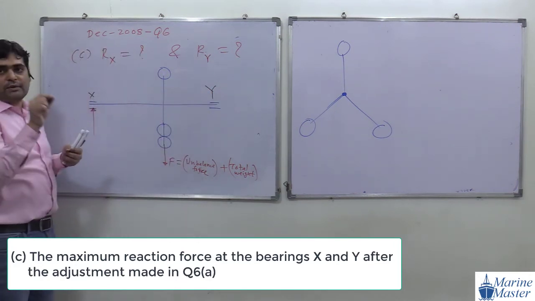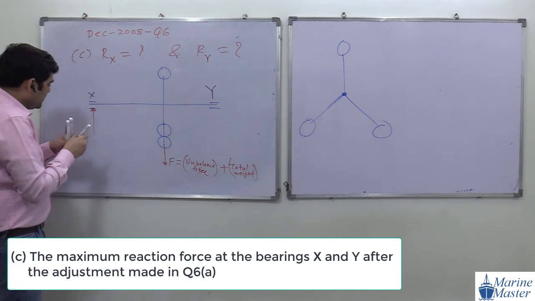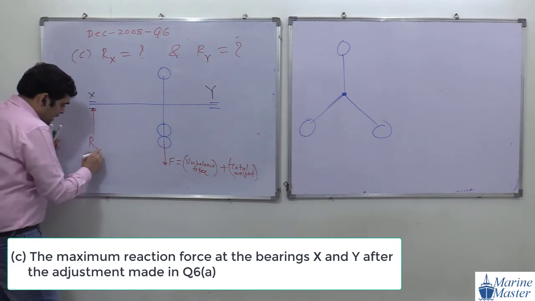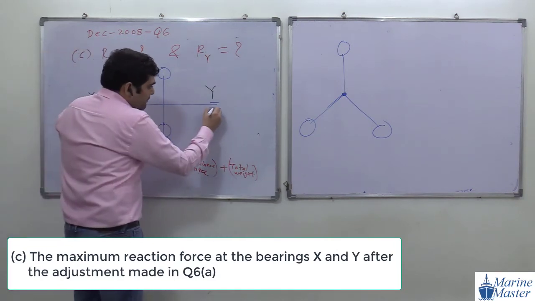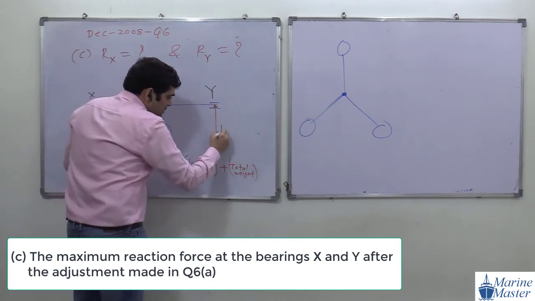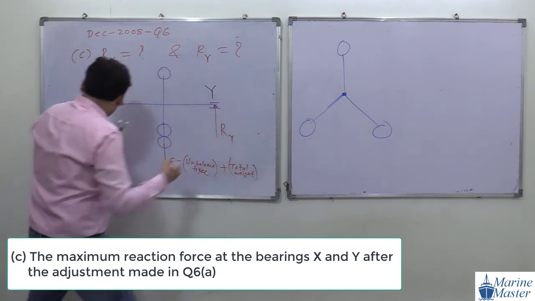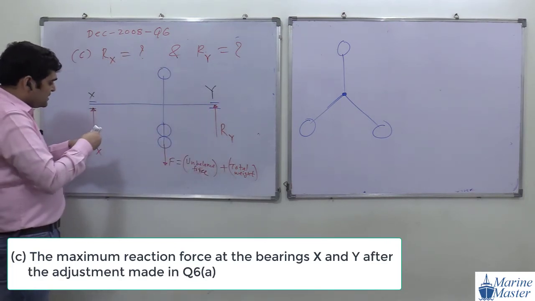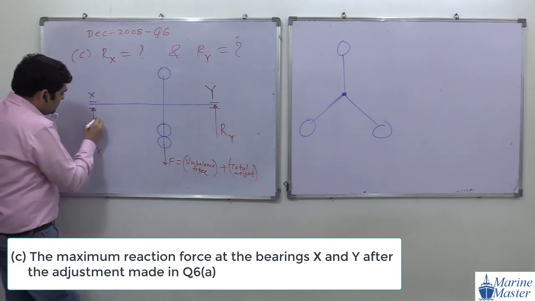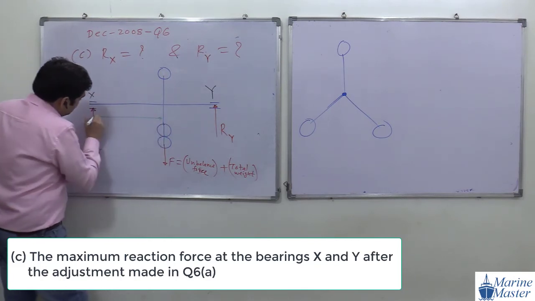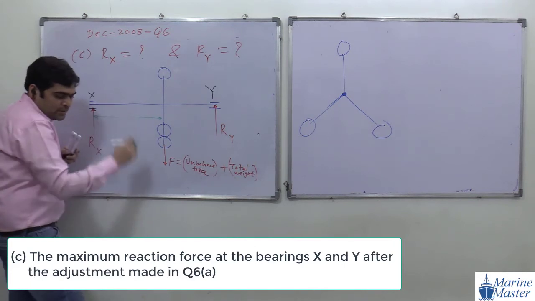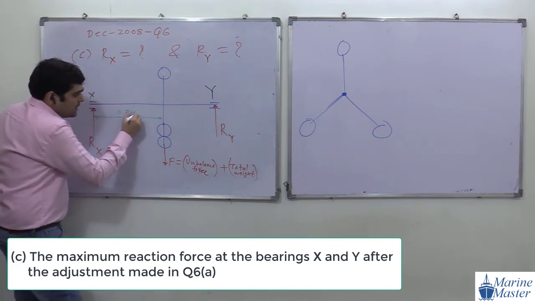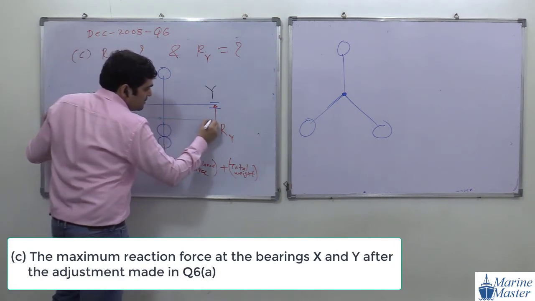Don't get confused with our directions X and Y. So this will be our reaction force Rx, and here we will have a reaction force Ry. These must be properly suffixed. So what are these distances here? This distance is 0.7 meter. And what about this distance, everyone?